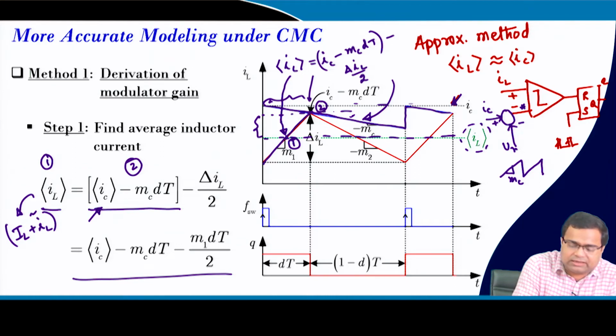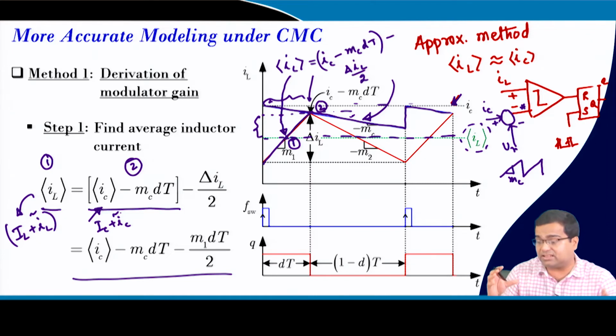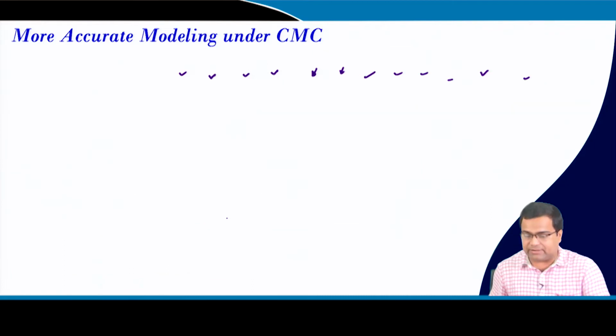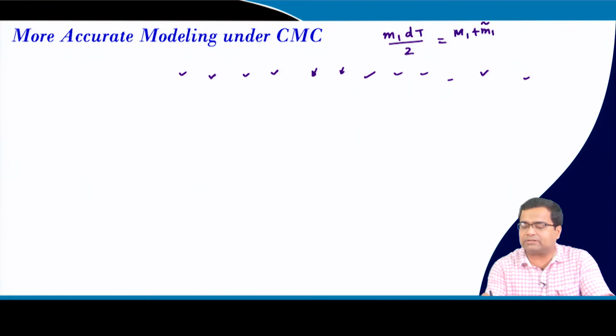Then what about this quantity? It is my IC plus IC perturbation, right. Then for MC, it is the slope of the ramp which is fixed. So, we are not taking any perturbation in the ramp slope. Then we can write D to be D plus D perturbation, right, and then we can write this term, m1 dt by 2. That means, if we consider m1 dt by 2, we can write m1 plus m1 perturbation, then capital D plus